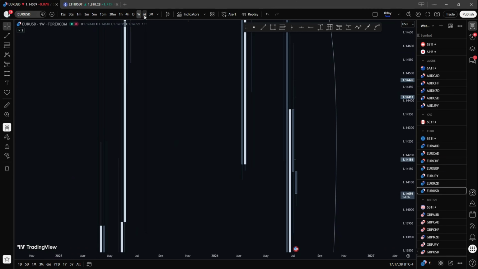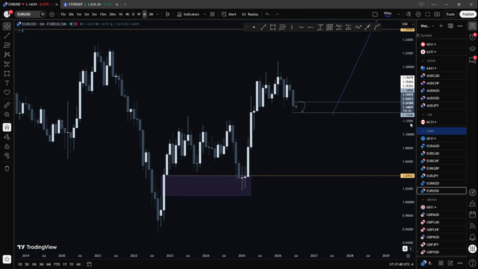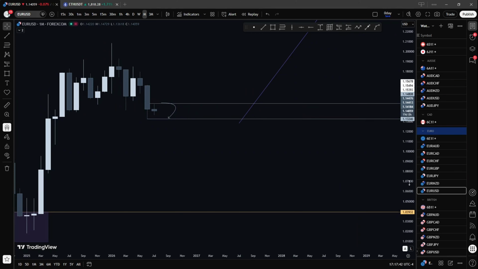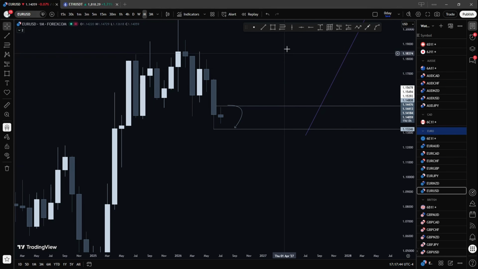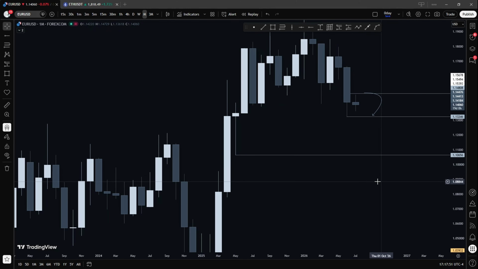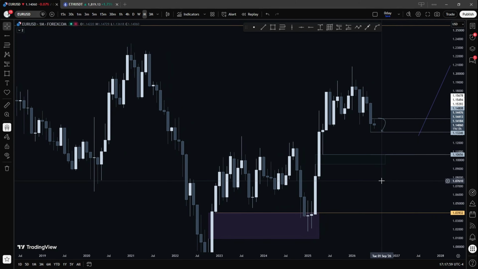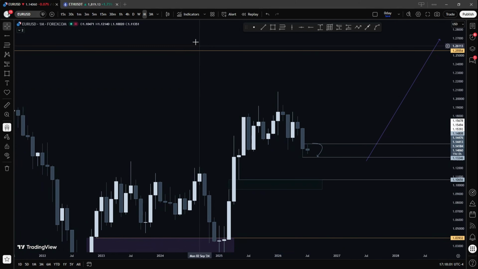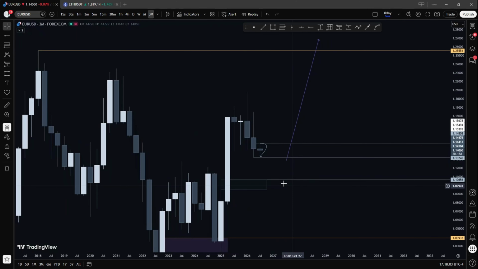When we go to euro dollar on the monthly time frame, since I'm targeting higher on DXY, I should be targeting lower on euro, right? So logic would say target this discounted fair value gap, and it could potentially be a high time frame or a longer term target. To be honest, it could potentially be that, but at the same time I'm very careful because on the